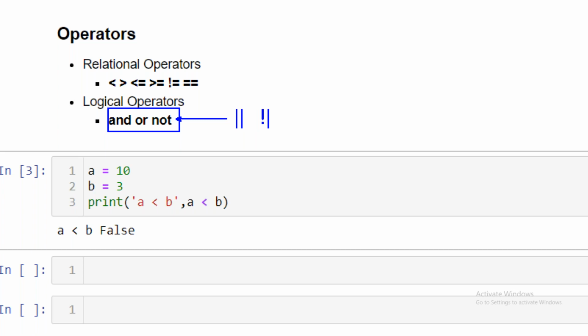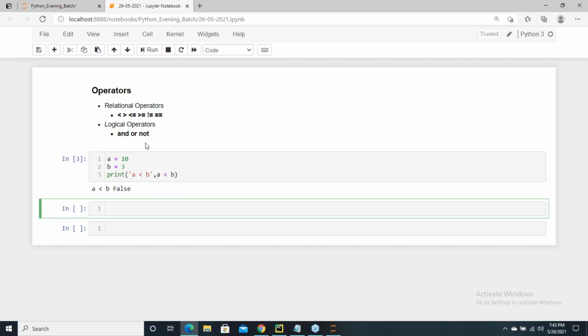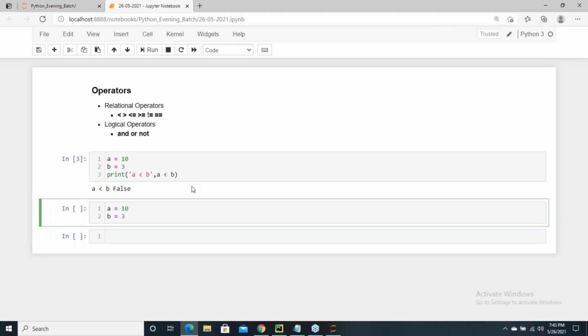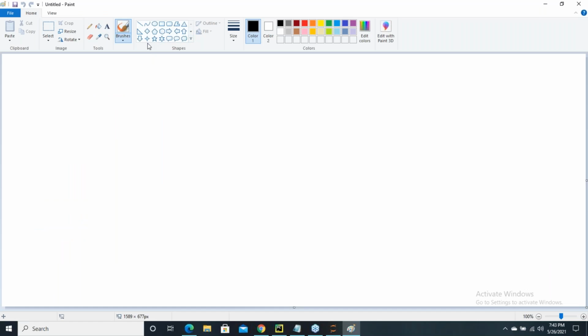But in Python programming, to represent the same, you have to use a text format: and, or, and not. It means a text format will be used over here. Now in this particular case, let's say I'm trying to define a variable A and a variable B. Guys, if you have technical knowledge, it's okay. If you don't have technical knowledge, I just wanted to show you a very simple representation of